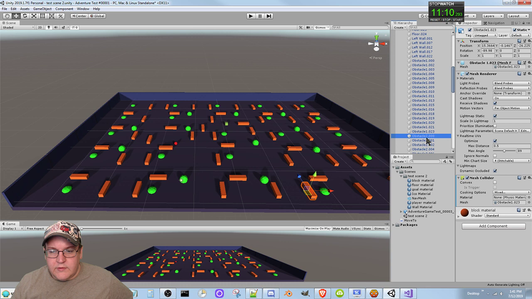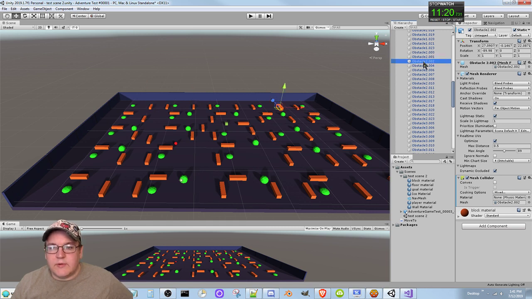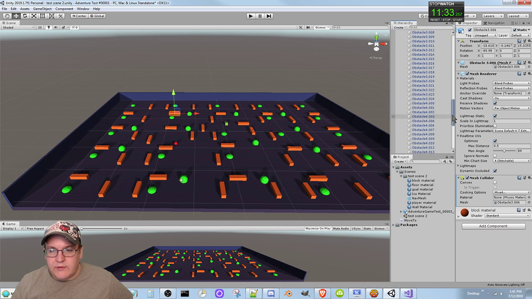I think all of these are the orange blocks. Oh, interesting. Obstacle 2. Right. I keep forgetting. Obstacle 3. Because all the obstacle 3s. Obstacle 4. So if I select all of those,